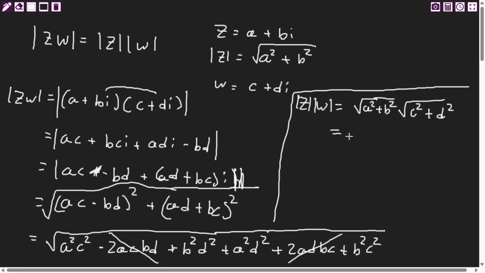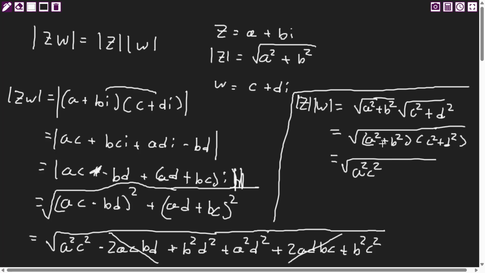Now you can put that all under the one square root, so that's a squared plus b squared times c squared plus d squared. So this is the square root of a squared c squared add b squared c squared add a squared d squared add b squared d squared,